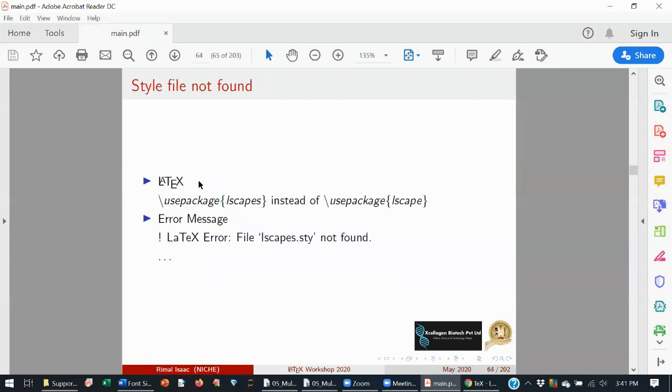Next error is like a person types \usepackage{lscapes}. Okay, but the package name is lscape, and he put an extra s, so you will get an error like lscapes.sty not found. Okay, so you have to read the error and rectify what problem occurred in your document.